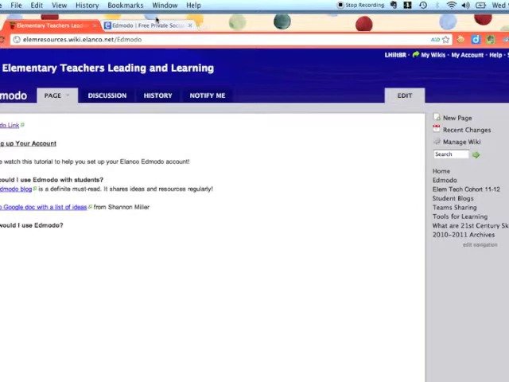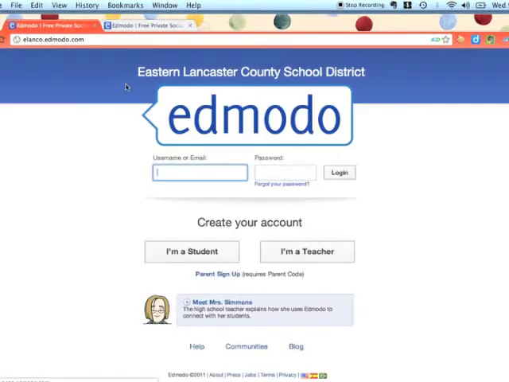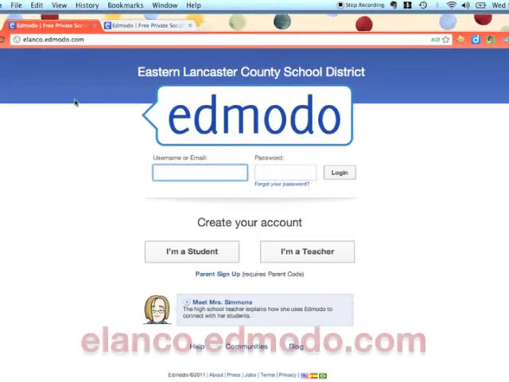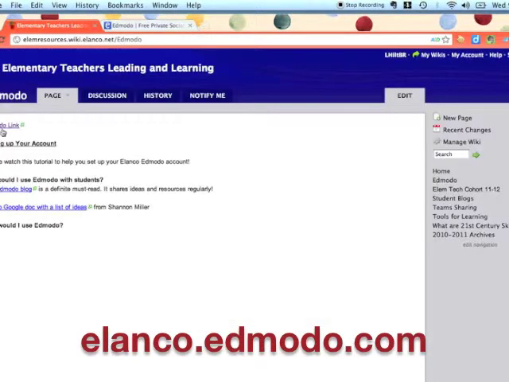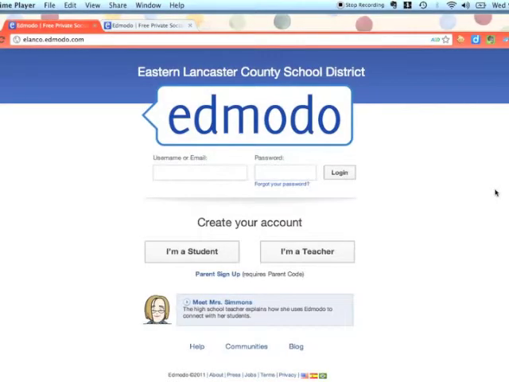Now Edmodo is free for use for anyone and you can set up an account, but Elanco actually has their own Edmodo domain. So the Eastern Lancaster County School District Edmodo is where you want to go, and that's elanco.edmodo.com. And again, you can get there by clicking on this link, and it'll take you there. So once you get to this page, you're ready to create your account. You are a teacher, so click on I am a teacher,